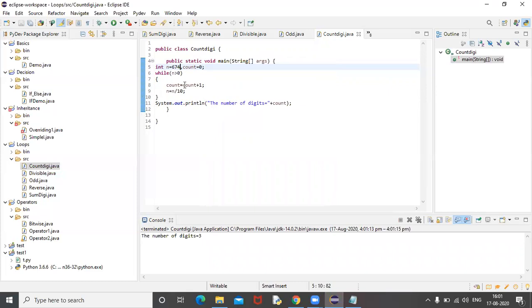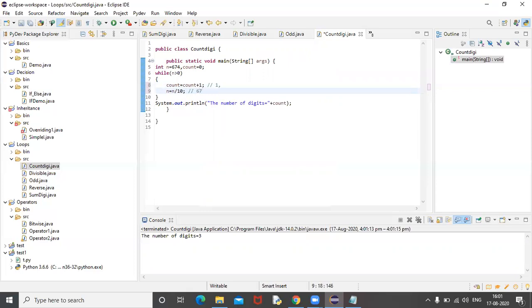You got inside the while loop. Once you got into the while loop, immediately you increase the count value, means true, na. First digit is there, so I'm increasing count to 1. At the end of the first iteration, count value will be 1, because initially count is 0, and 0 plus 1 will make 1, true. Then your 674 will be divided by 10 and you are recording the quotient here, that is